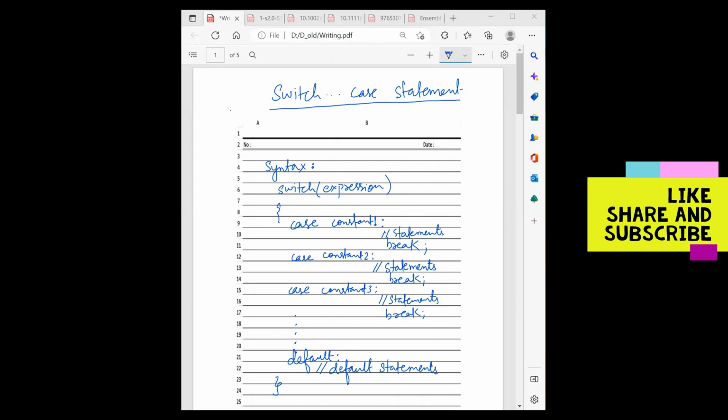Switch case statement you can use in those places where you have a large number of else if statements, so that can be replaced with this switch case statement. Okay, so the switch statement allows you to execute one code block among many alternatives. Okay, so here see, suppose this is the syntax of